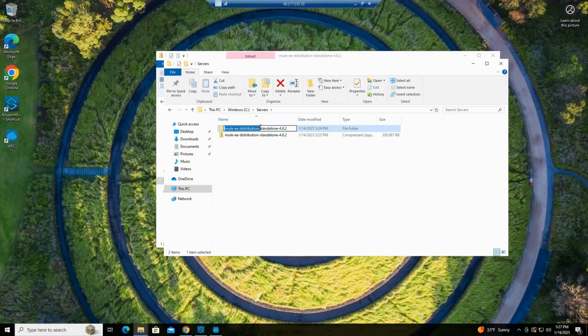We want to leave the version. I like having the version there. So let's put dev at the beginning, dash, and then we'll do a server node. Let me fix this up here. One second. We want to leave the version there. That's helpful. And then we're going to do server